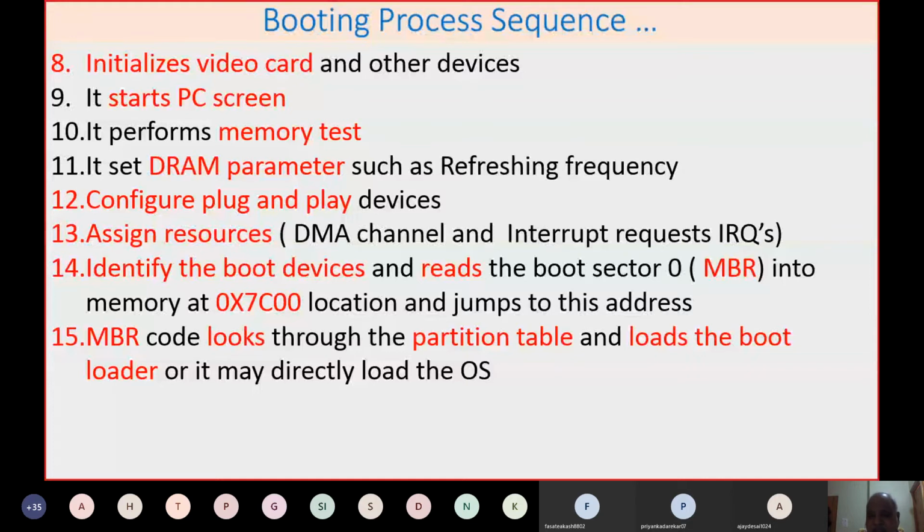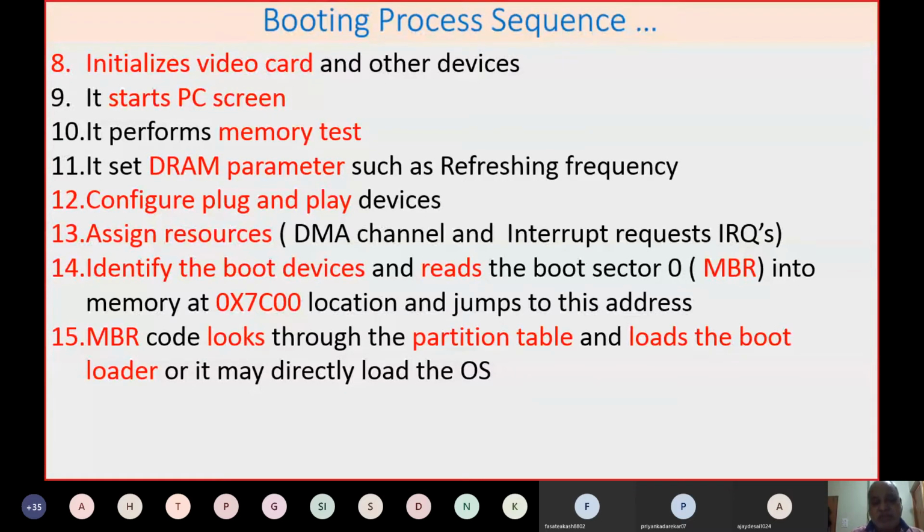In operating systems up to Windows 95, there was a small program called the bootstrap loader. It is taken into memory starting from 0x700, and the bootloader gives the instruction. Once the bootloader is loaded into memory, it starts the OS and completely hands over the computer to the operating system. Up to this point, all the operations are executed by the BIOS. No operating system is in the picture.